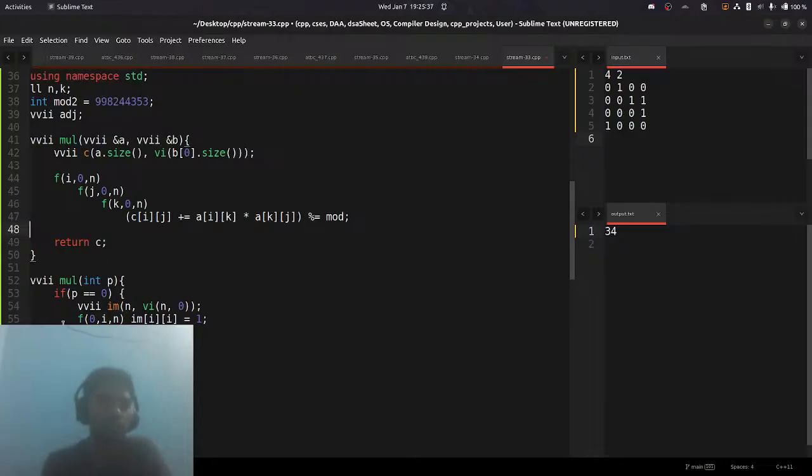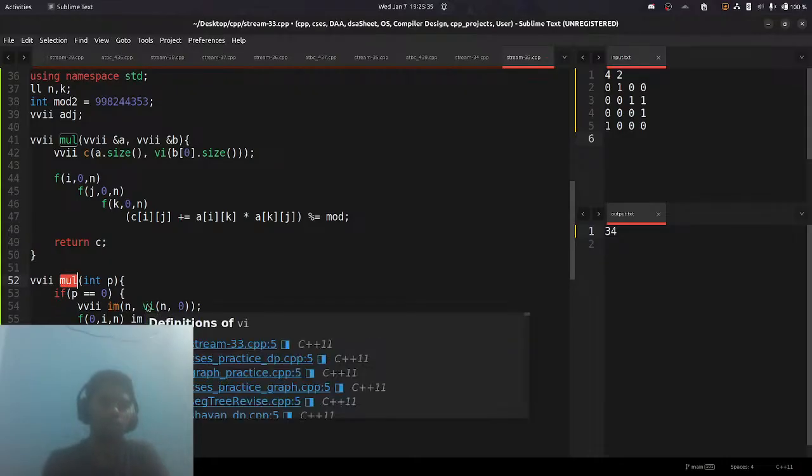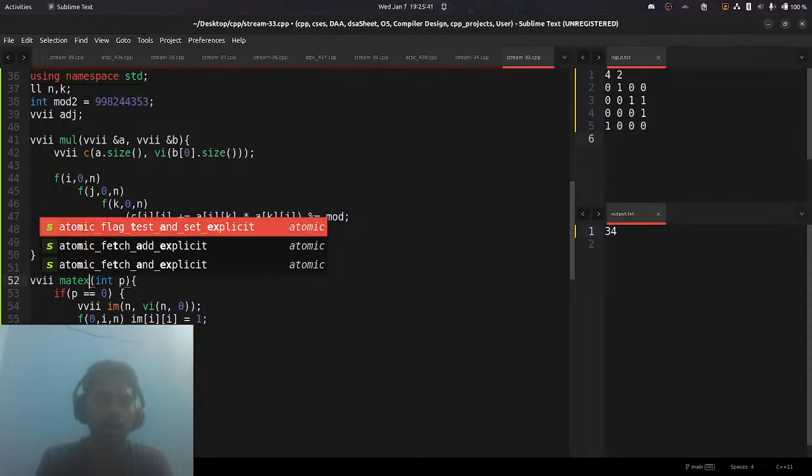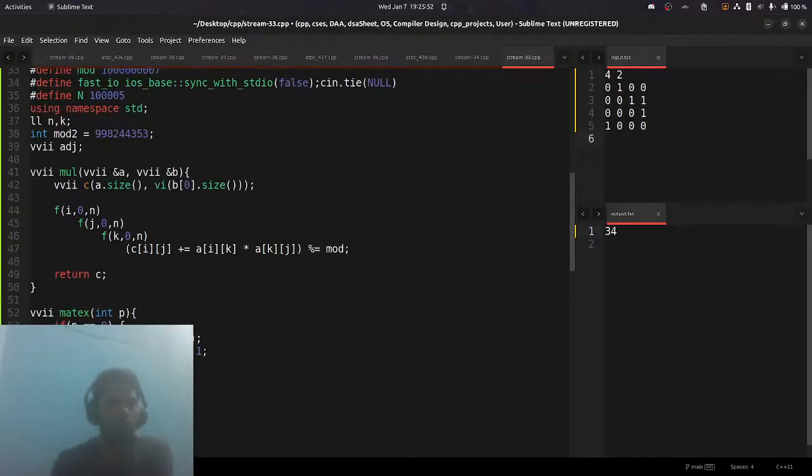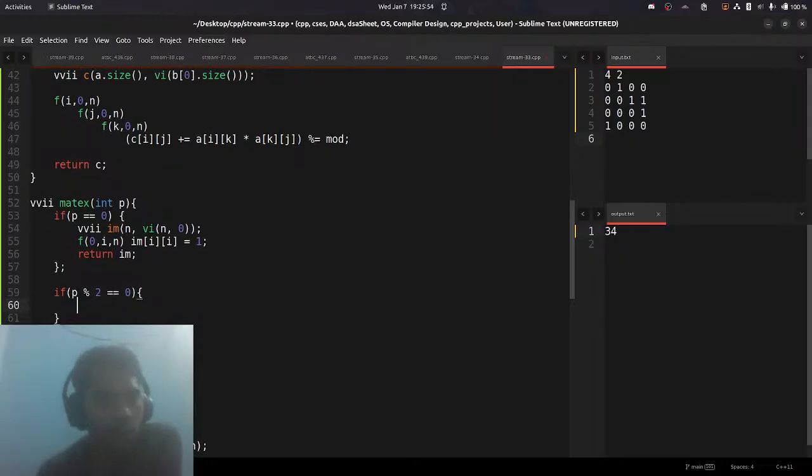And here, for the matrix power function, we have the power, we have this and this. If we have an even power, in that case we will return